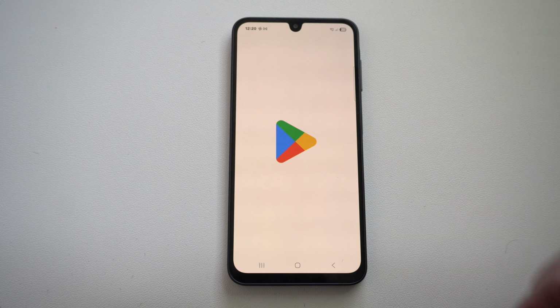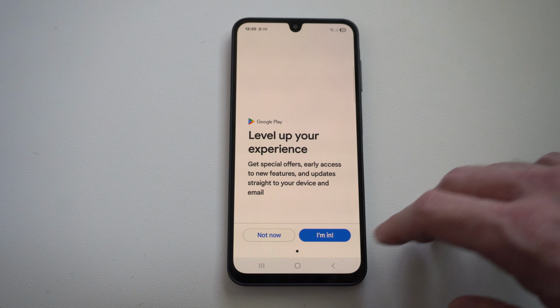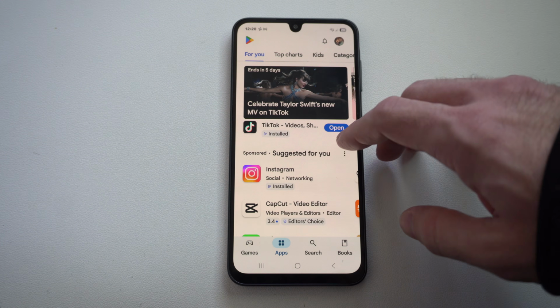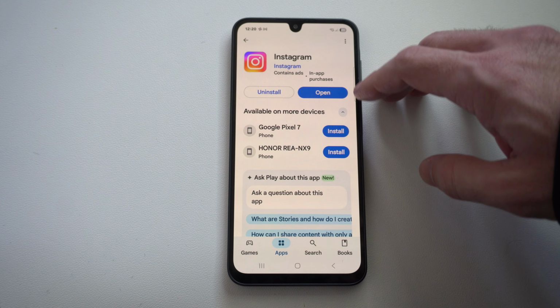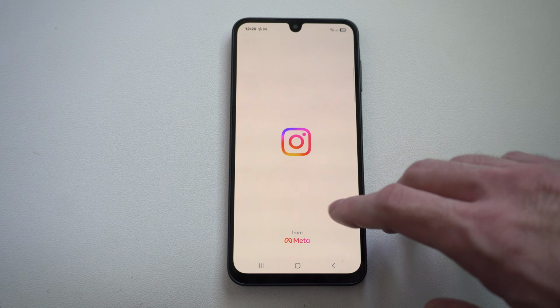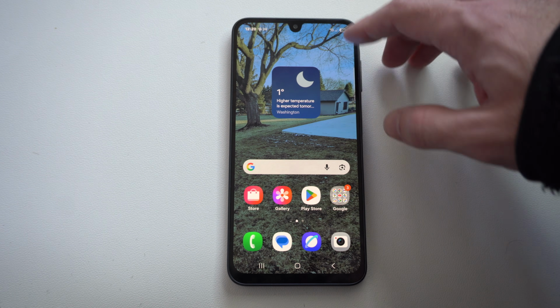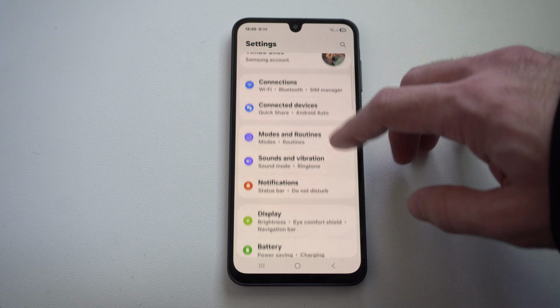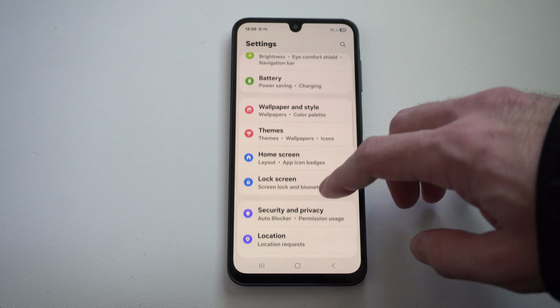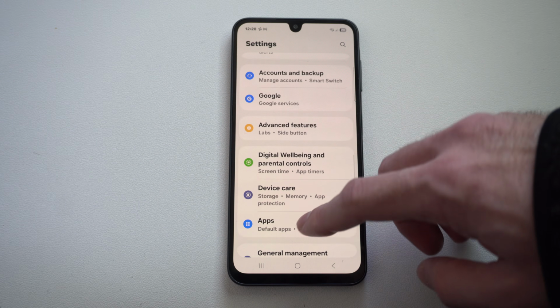Today in this video, I'm going to show you how to reset the Google Play Store on your Samsung phone. So if it's not working or something like that, you can go ahead and easily just reset this. So go to the top right, go to settings right here, scroll on down, and we want to find apps. So go to apps,